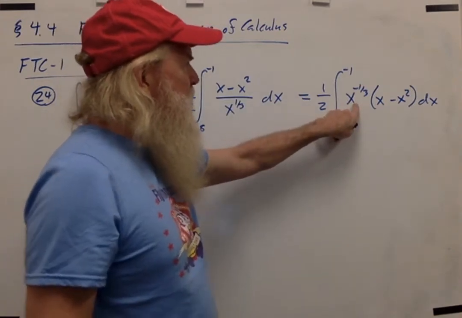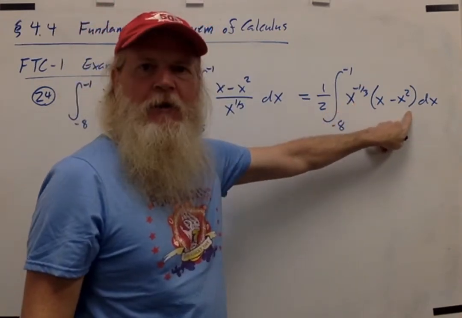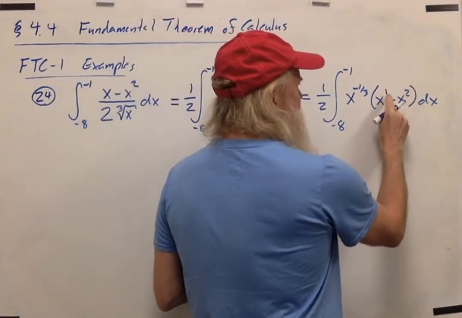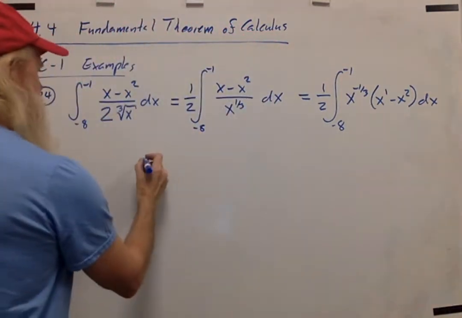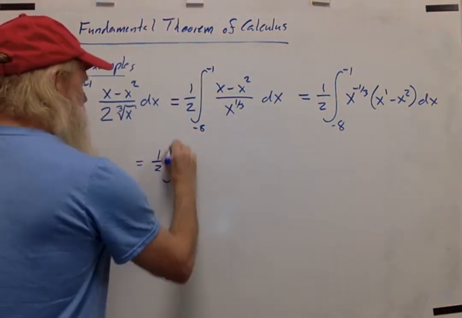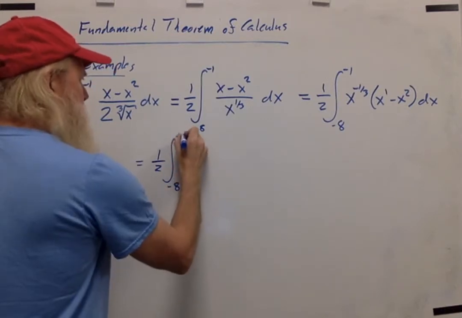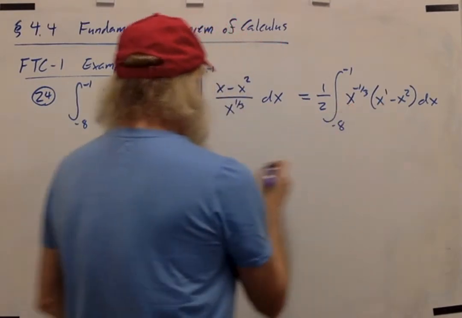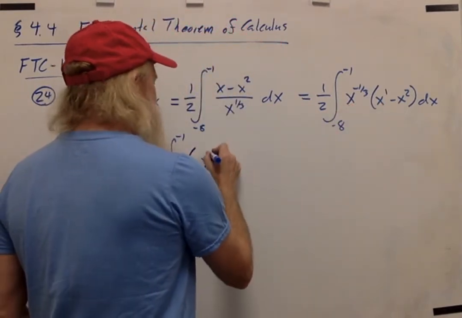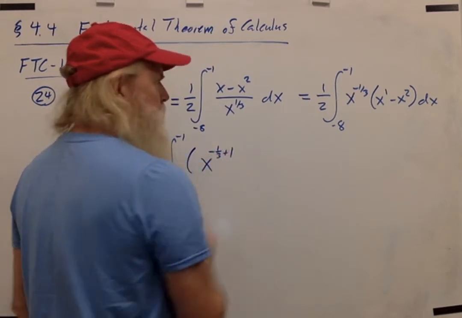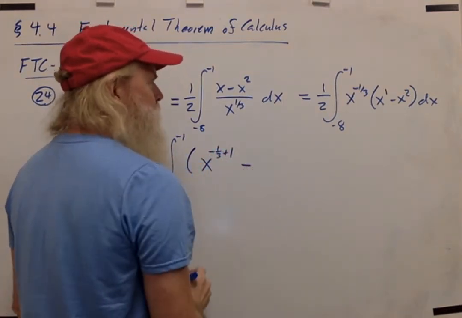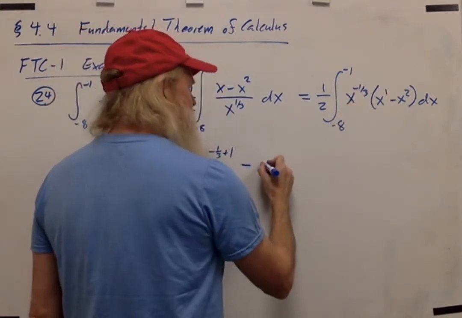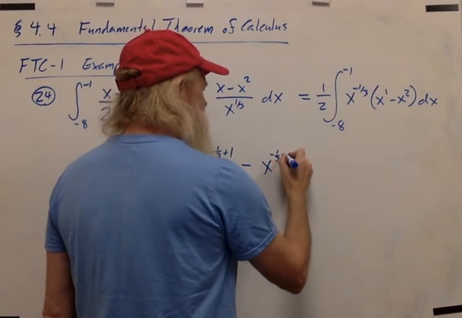Now when I distribute this x to the negative 1/3 into this binomial, I'll need to add exponents. And remember, the understood exponent on the x is a 1. So let's do that. I'll bring along the 1/2 in front. And now let's multiply in. X to the negative third times x to the first is going to be x to the negative third plus 1. I need to add those exponents. Minus, when I multiply x to the negative third times x squared, I get x to the negative 1/3 plus 2,